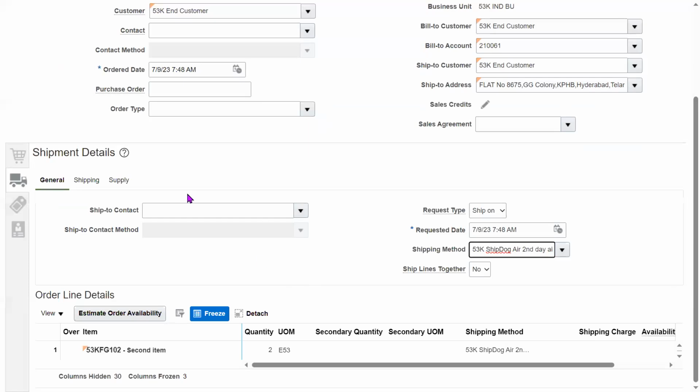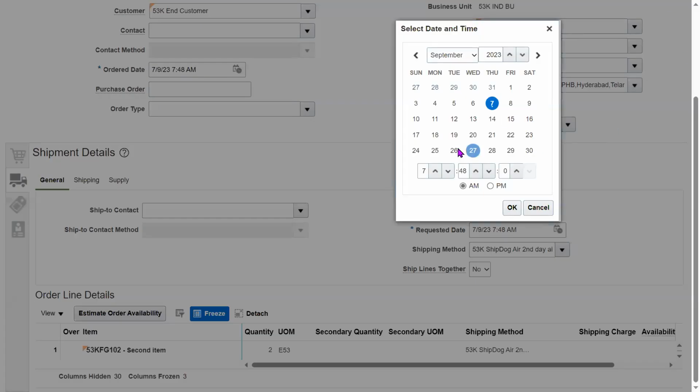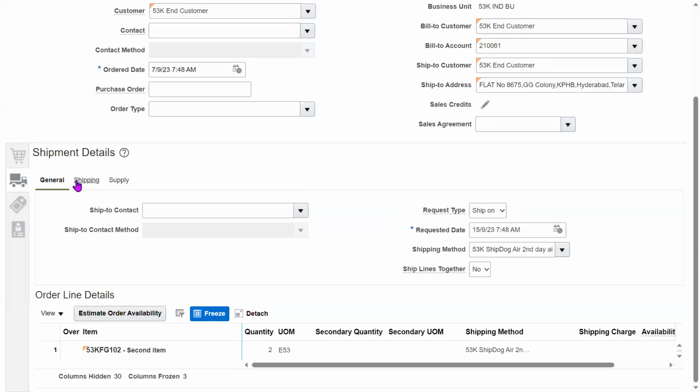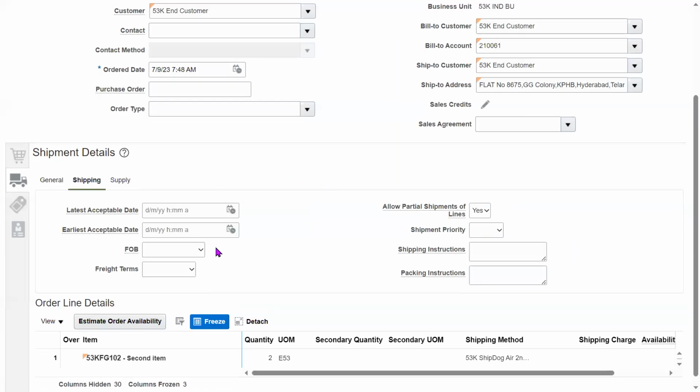I'm entering the ship method and requested delivery date I'm selecting as 15th of September and freight terms, collect freight,